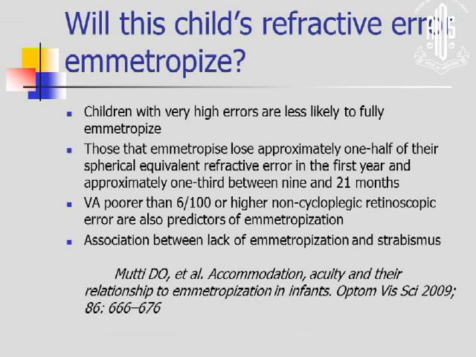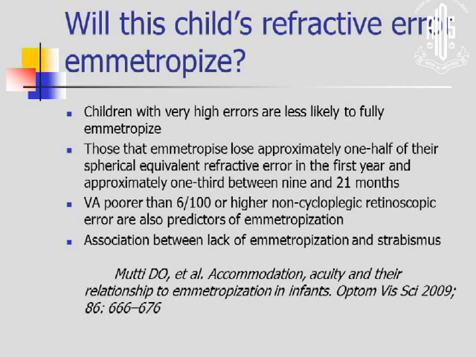Now the next question which we need to answer is, will this child's refractive error emmetropize? It is also known from these studies that children with very high errors are less likely to fully emmetropize. And those who do emmetropize, they lose approximately half of their spherical equivalent refractive error in the first year of life. So you have some kind of a guideline that if the child's refractive error is reducing rapidly and is reduced by almost 50% by the end of the first year, this child is probably going to emmetropize. And